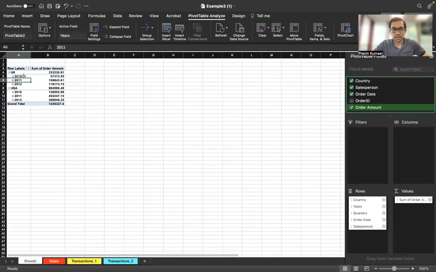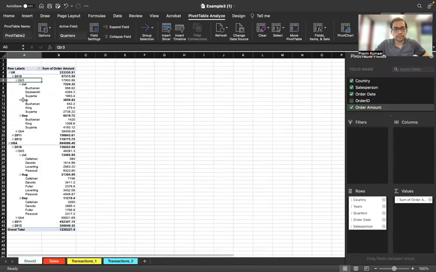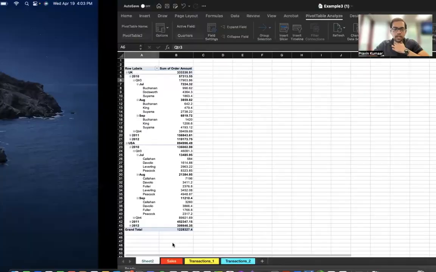You can see that 2010 didn't go as well. 2011 they've done really well in terms of sales. 2012 not so much, but it's still on par. And you can see the same thing with USA as well. If you wanted to, you can expand it even further, and it's splitting into quarters, July, and then it has each person's contribution to the sales, which is very important if you think about it. You can gain inferences from that. You can give more incentives to people who are generating a lot of sales. This is the point of using